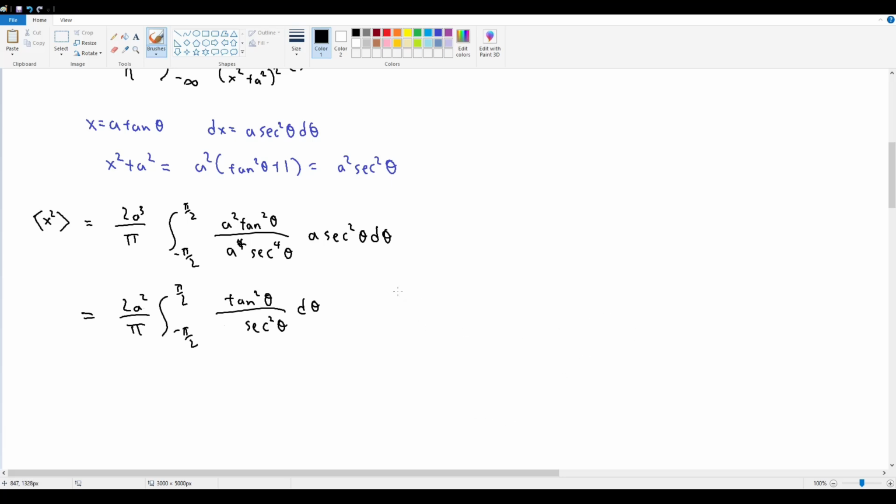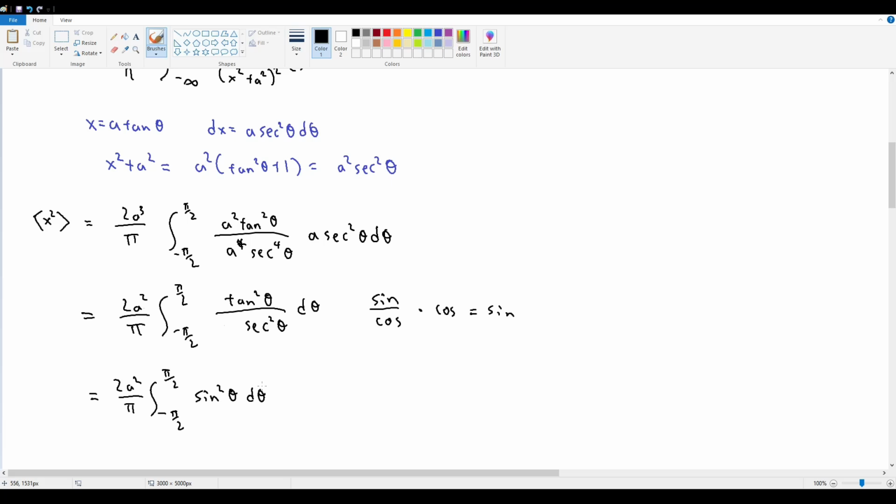Now, remember that tangent is just sine over cosine, multiplied by secant, which is 1 over cosine, right? So if you're dividing by secant, that's the equivalent of multiplying by cosine. So times cosine is going to give you sine. Squaring that is going to give you sine squared. So this simplifies to 2a squared over pi, integral negative pi half to positive pi half of sine squared theta